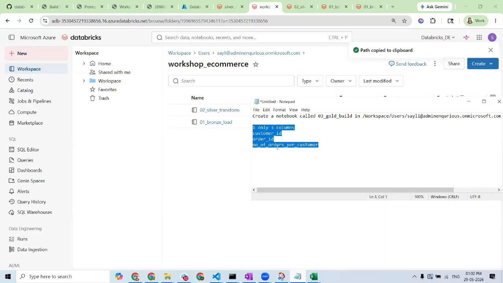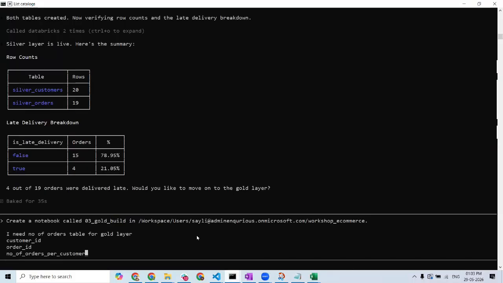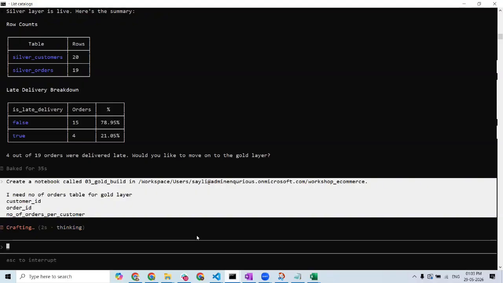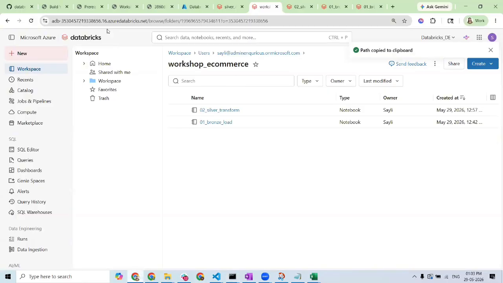Okay. So now let's see how it is joining these tables and how it is creating the gold layer. Gold layer. Let's see. Writing and uploading the notebook. If I do refresh,